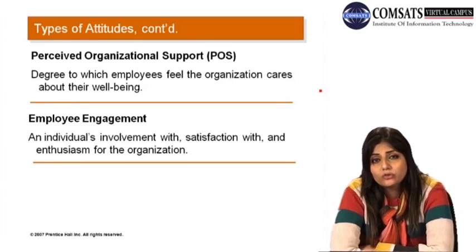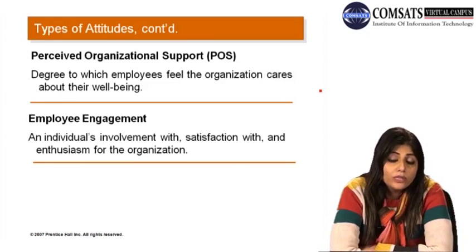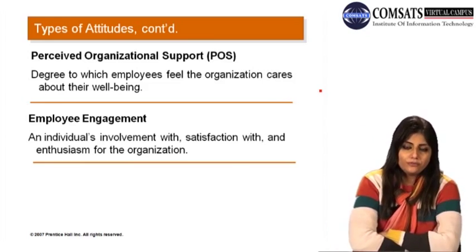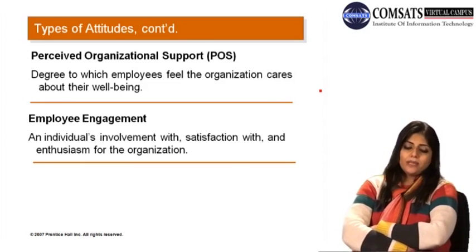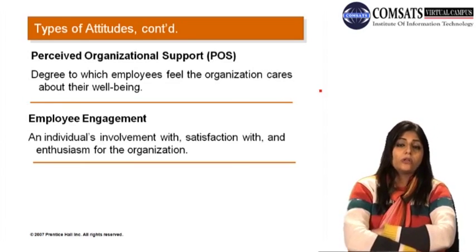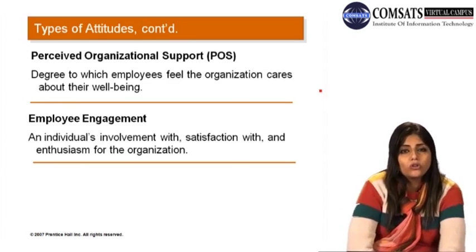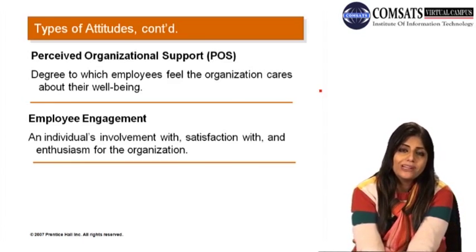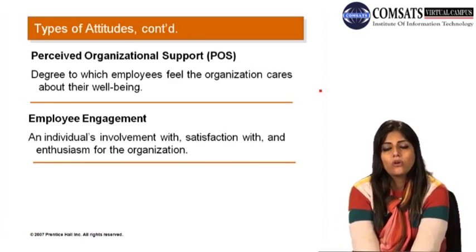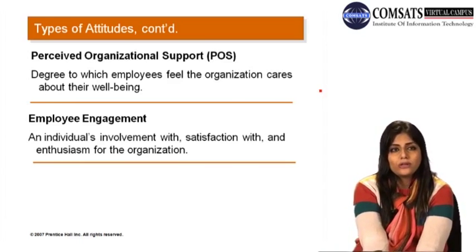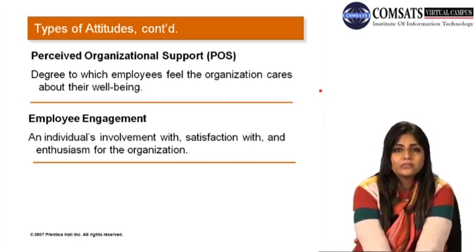It can be a combination of all those three, or two of these three dimensions of commitment. Individuals can be high on emotional and normative commitment and low on continuance. They can be moderately high on all three, moderately low on all three, and so on. There can be different combinations, right?